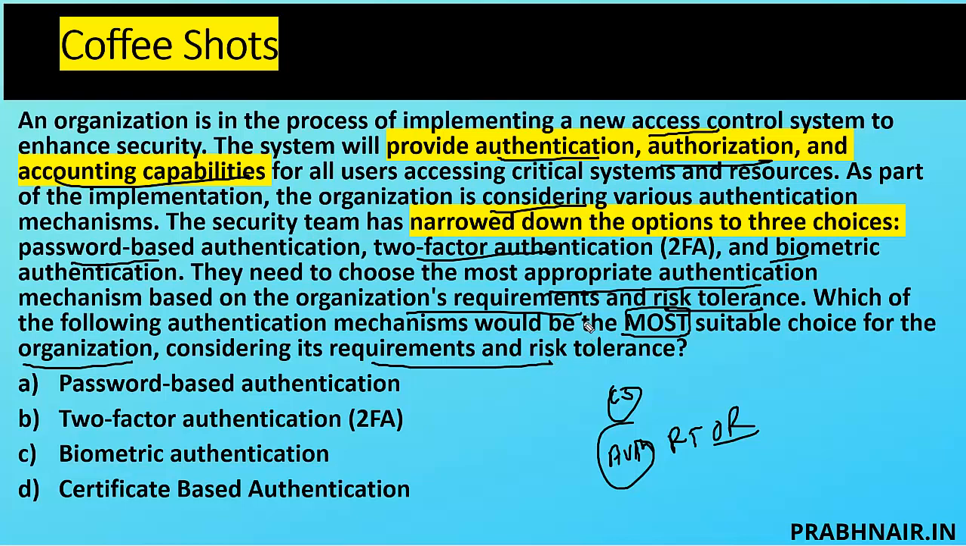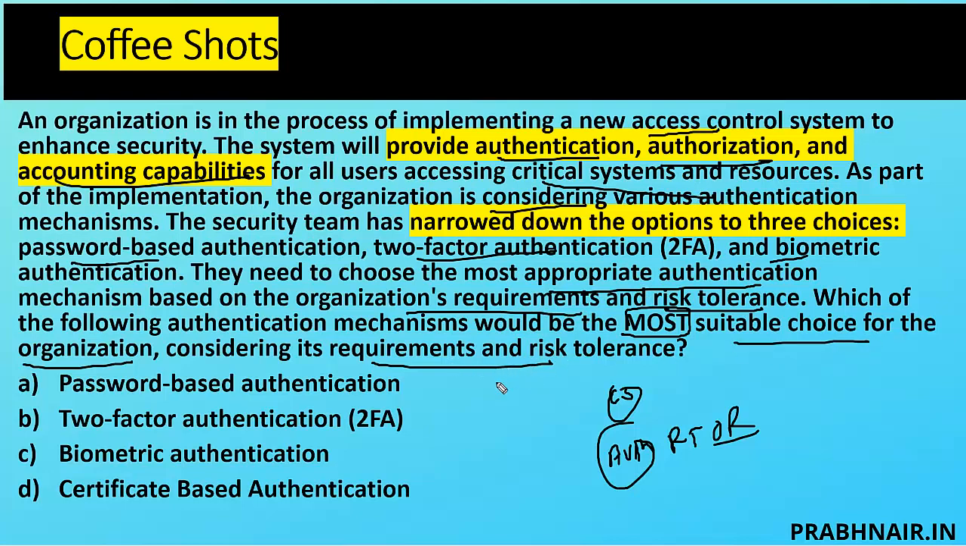Now, there are 3 keywords here. One is 2-factor, one is narrow down the options, one is considering various authentication schemes. They're looking at the critical system and resource. So they're looking for the various authentication options. Along with that, they're also looking for the most suitable choice considering the requirement and risk tolerance between levels of